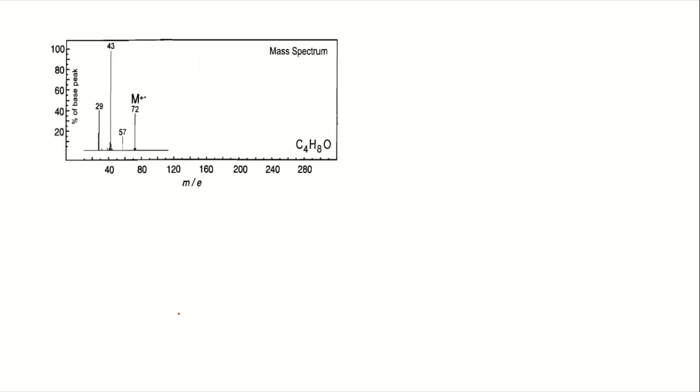Now what you do is go to the next spectrum, which is the mass spectrum. In this mass spectrum it is easier, in that sense the molecular formula is given. As soon as you get the molecular formula, what is your job? Your molecular formula is C4H8O. Immediately, try to find out the double bond equivalence. Can anybody quickly calculate what would be the double bond equivalence?